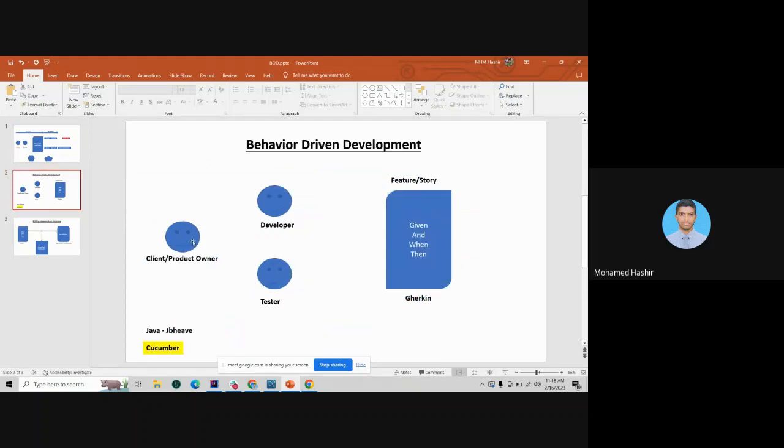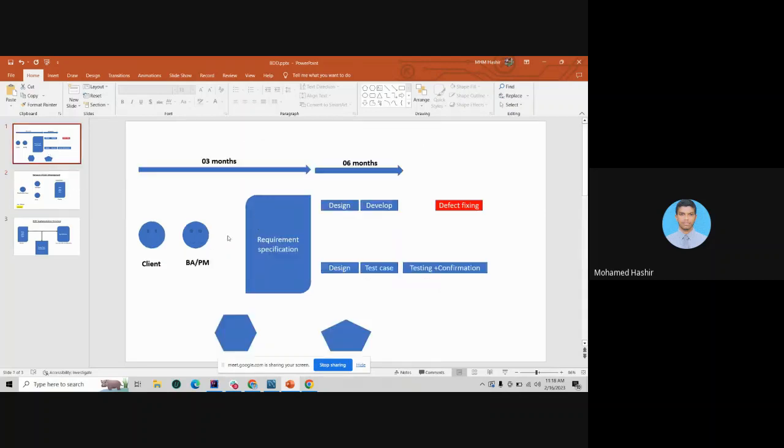For example, say the client wants a login feature for the application, the basic front end part. At that time he will deliver the requirement, but on the developer side, when finalizing the requirement, the first thing the developer needs to decide is React or Angular, those frameworks. He will think about that only,